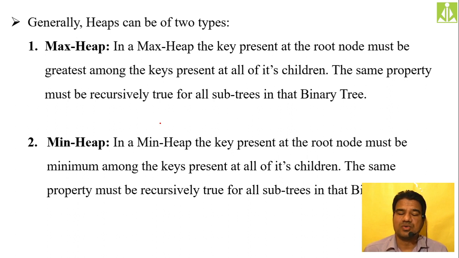Okay, so heaps are of two types, maximum heap and minimum heap, and we study only maximum heap. Whatever strategy or principle we study in maximum heap, you can expect exactly the opposite in minimum heap. Wherever we are keeping maximum values in maximum heap, simply put the minimum values to get the minimum heap. That is the only difference between maximum heap and minimum heap.